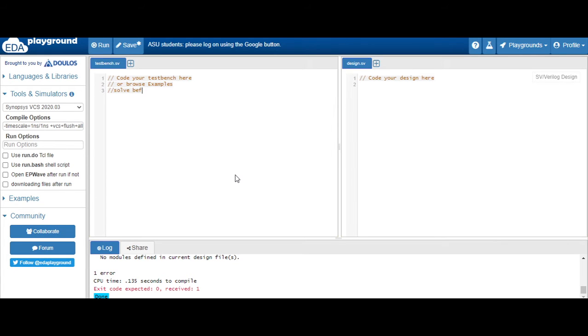Before explaining, what is solve before constraint and why is it used? Basically, suppose you want to change the probability of occurrence. In one case the occurrence of that value is less, but by using the solve before constraint, that value will occur more number of times. Now you will get confused about what I'm saying, so let's go into an example and see. We will see the example with constraint and without constraint.